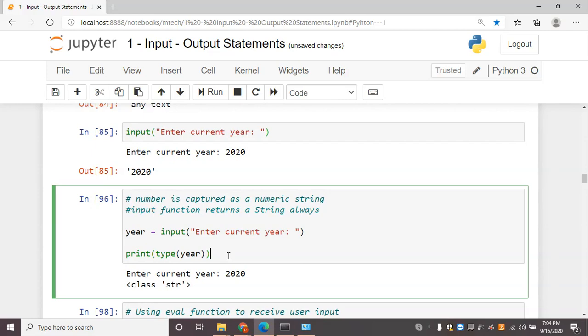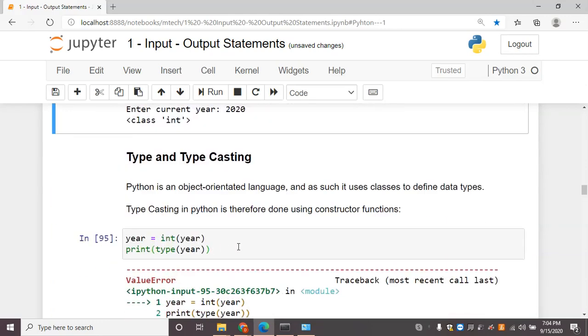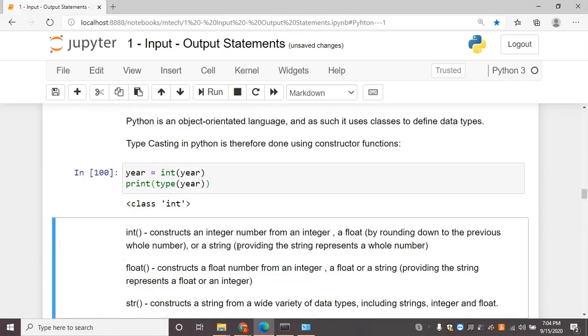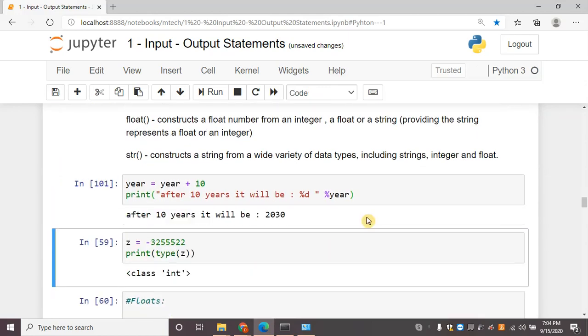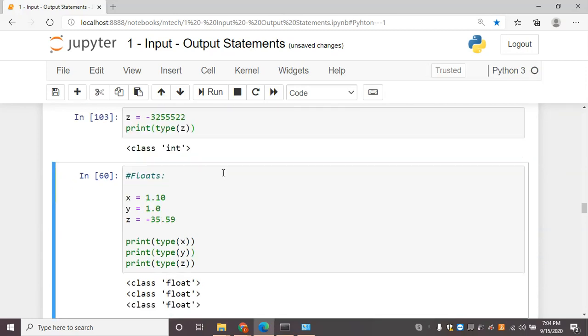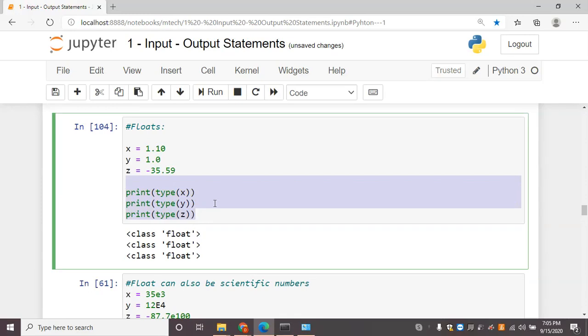So my year is 2020. The input takes it as a string, and here I am casting it to integer, and here I am doing the numerical operation.